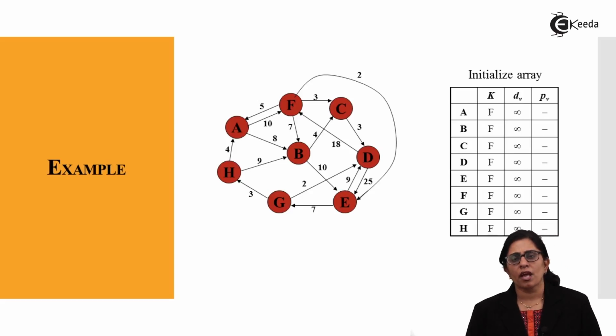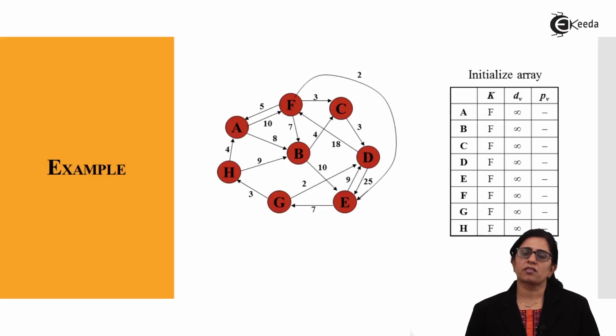If you will see, initially all the nodes are listed, that is A, B, C, D, E, F, G, H. K is at present all are empty, that is nothing is there in them. Infinity is given as a default value or the default distance for all the nodes as we have not started. And PV stands for the previous node from which the distance has been calculated, and for the initialized array it is left as blank. So in the initial array, we don't know from where we are starting.